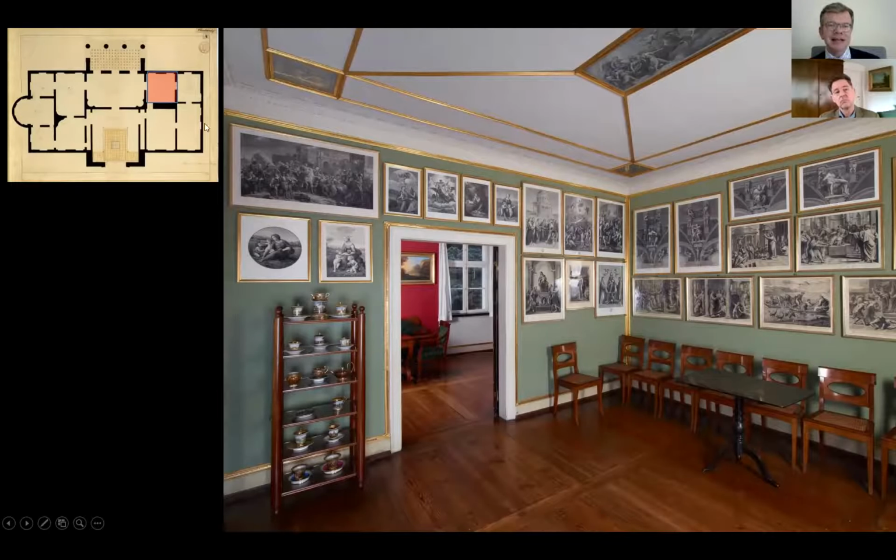And it has a section where the couple really would have stayed if they would have stayed in this palace. And therefore they needed an anteroom as well. So, and that's just the